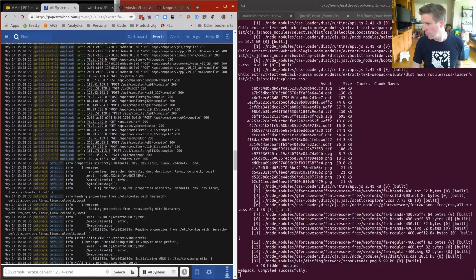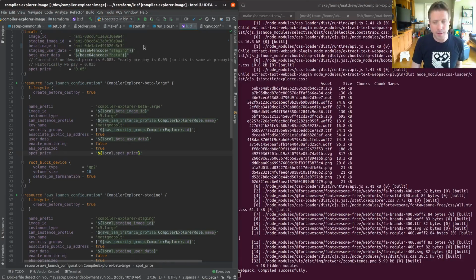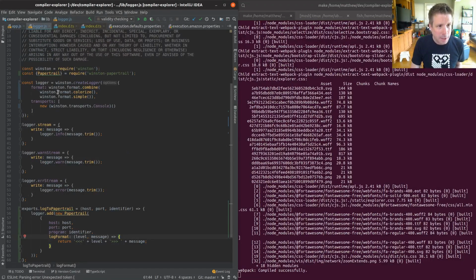And we've got... This is a legacy transport. And it's over here. We've got a level and a message. Now the message, it appears, is in fact actually the full JSON object.